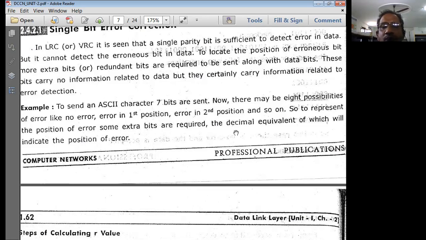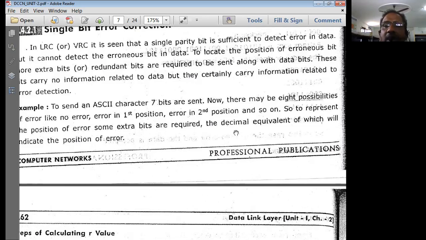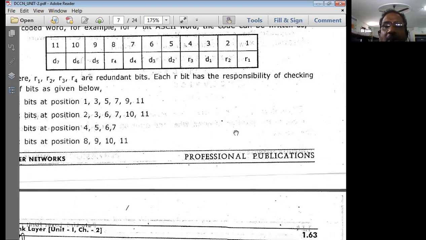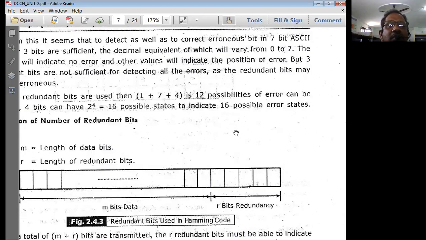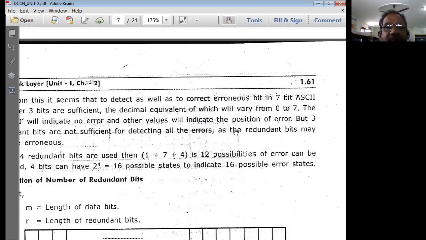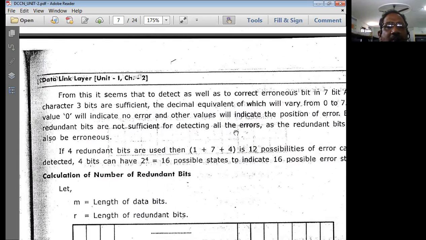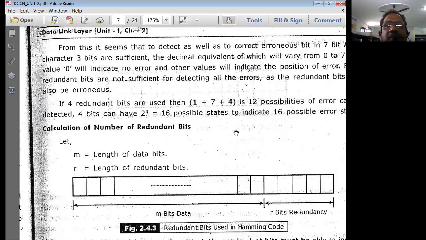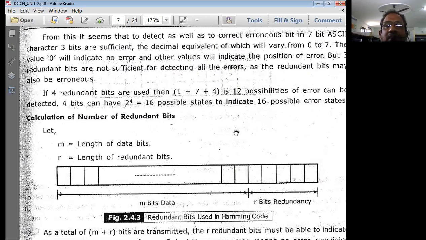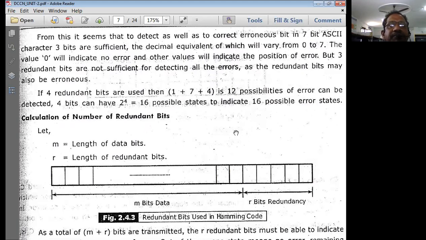Let us see how we are going to do this by taking a problem. Using the problem, we are going to perform that particular task. But before taking a problem, let us analyze this error detection and correction method. As I told you, it performs two things: detection and correction in the case of error correction methods.